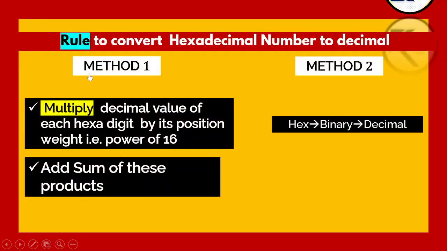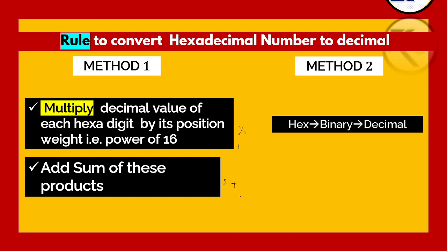Now there are two methods. The first method, let's quickly go through the steps before we start applying this method. It says multiply the decimal value of each hexadigit by its position weight, that is, a power of 16. Then add the sum of these products. So if you see here, this is step 1 and this is step 2, and here multiplication operation is happening,